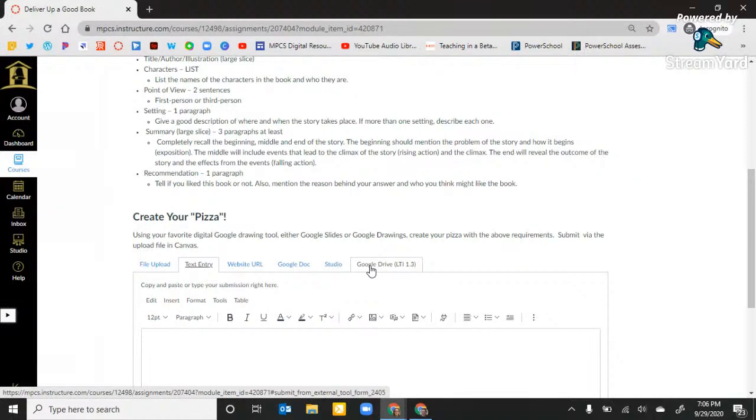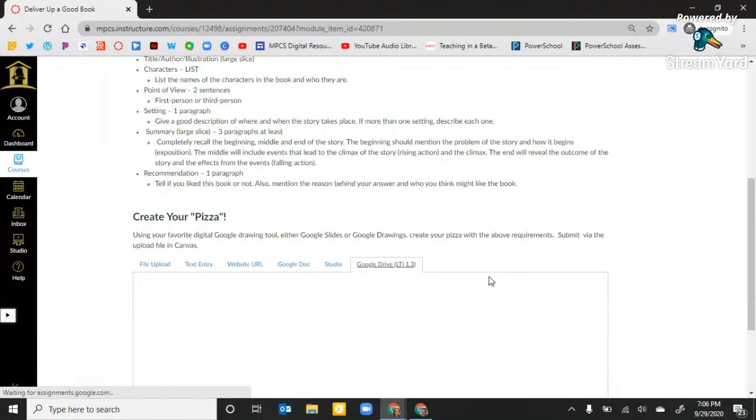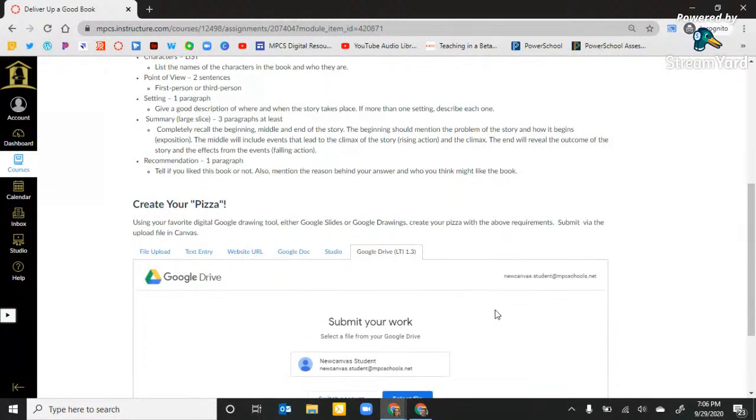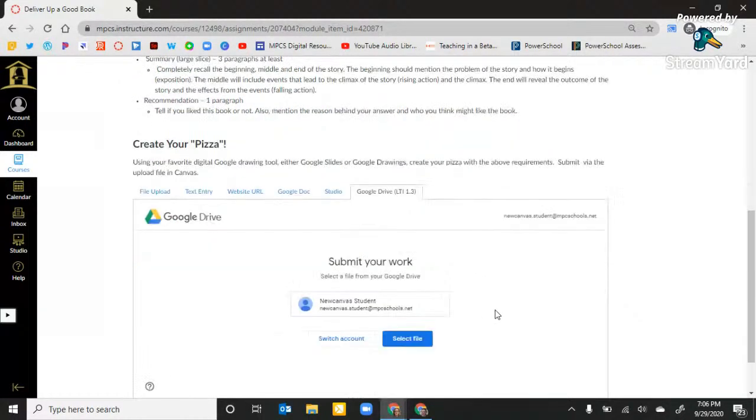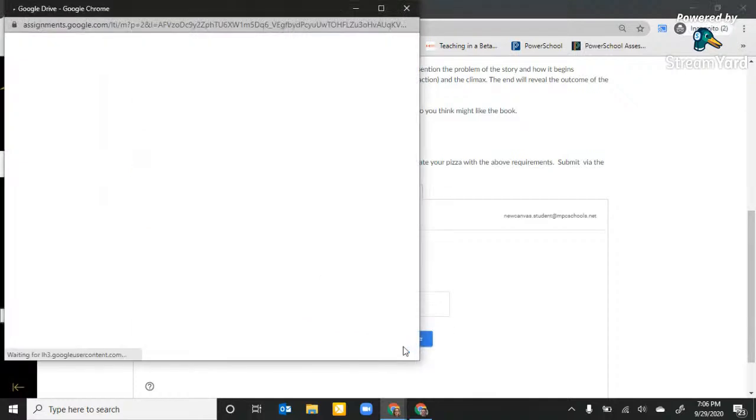The old Google Docs Cloud assignment, you had this tab, but this is an updated tab and an updated way for students to submit those assignments. If students had not already, like this student is already in their Google account, they would need to log in, and then they're going to select the file,